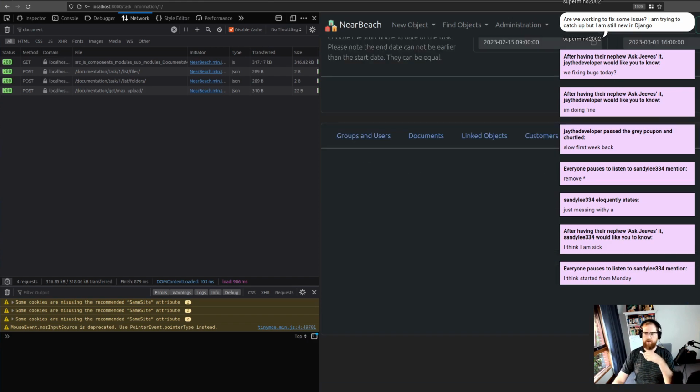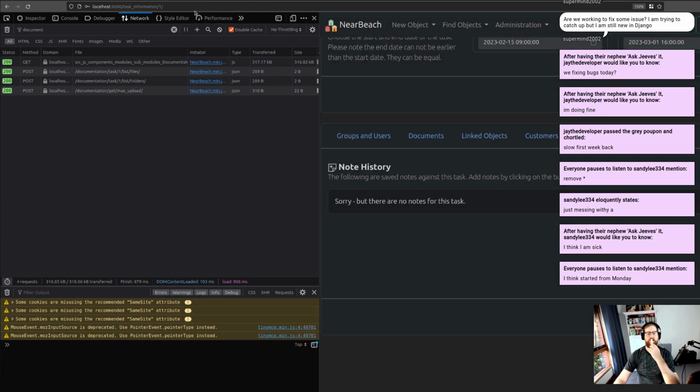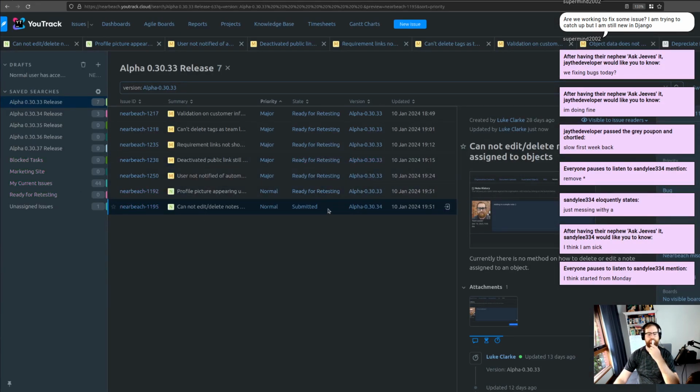And we've got our notes. It will most likely look exactly like this, but with an edit functionality to it. I've got to plan this out properly, and I just haven't done it yet. So we're going to move that to the next version,